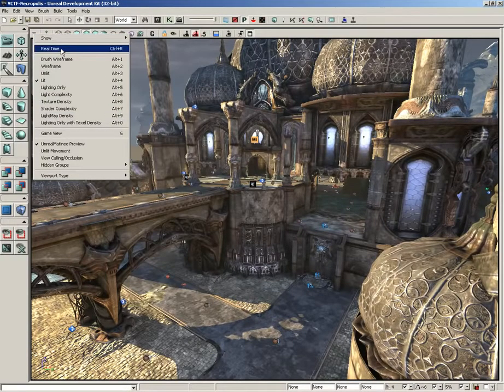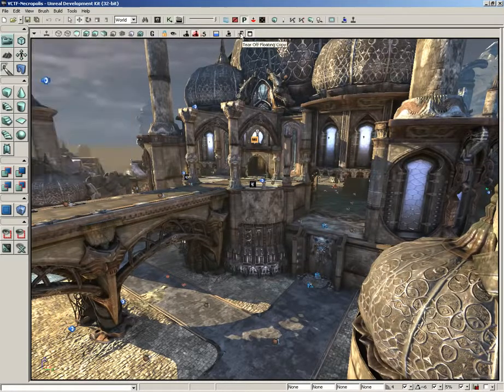Now, down from here, we have real time, we have several different view modes, and we have game view. These are all analogous to various buttons along the toolbar, so we're not going to discuss those here in this video. The next option we have that is not its own button is the Unreal Matinee Preview. This allows you to determine whether or not matinee movies will play back in this viewport. This is on by default in the perspective view,